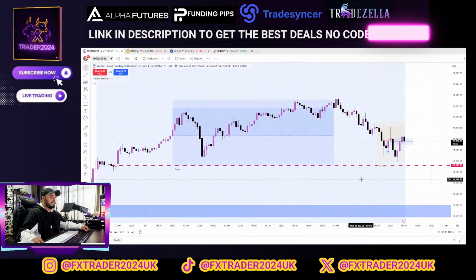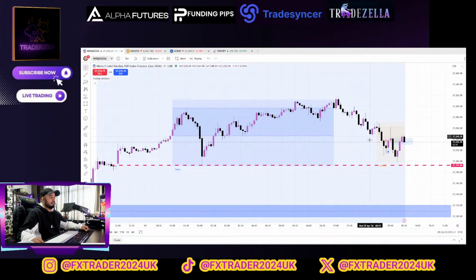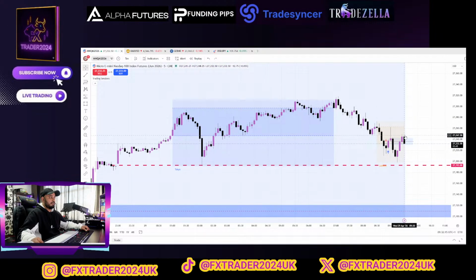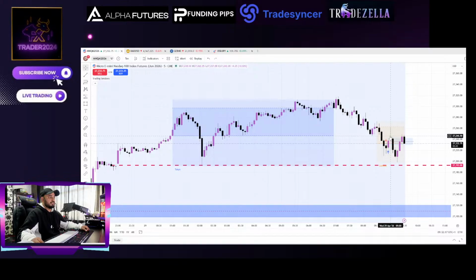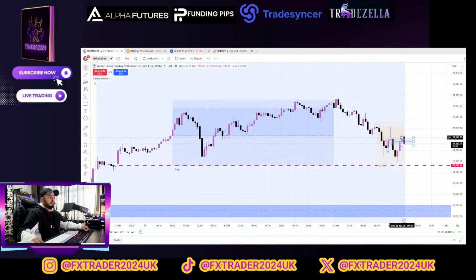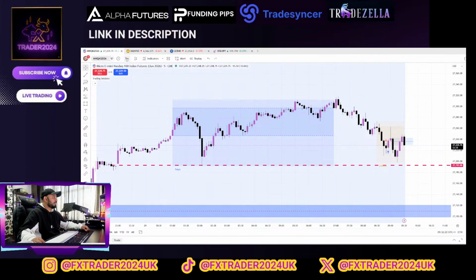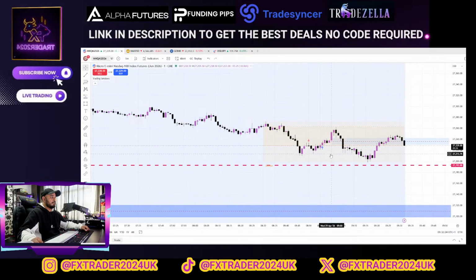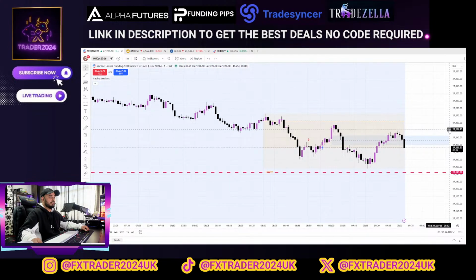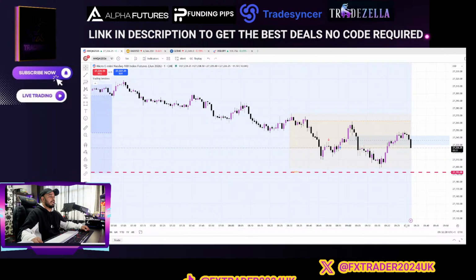Let's have a look onto the 5 minute. Go down, down, down, down, down. Okay, so there's some sort of problem here. So let's have a look if it'll continue pushing down, or we get a nice retracement. If we can get a nice retracement,